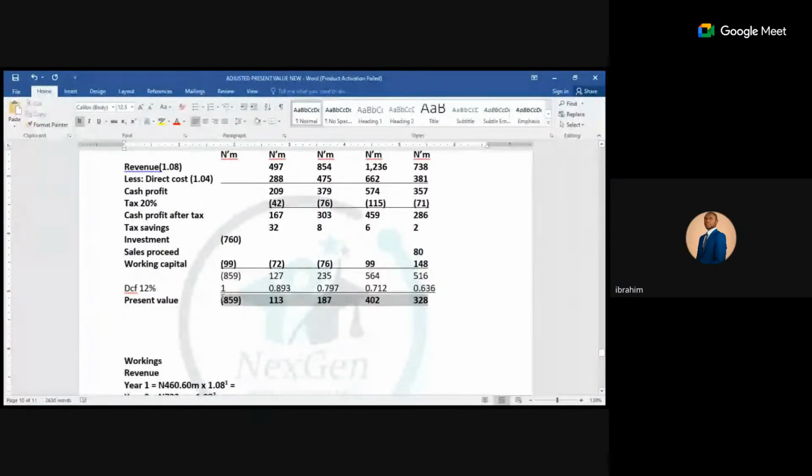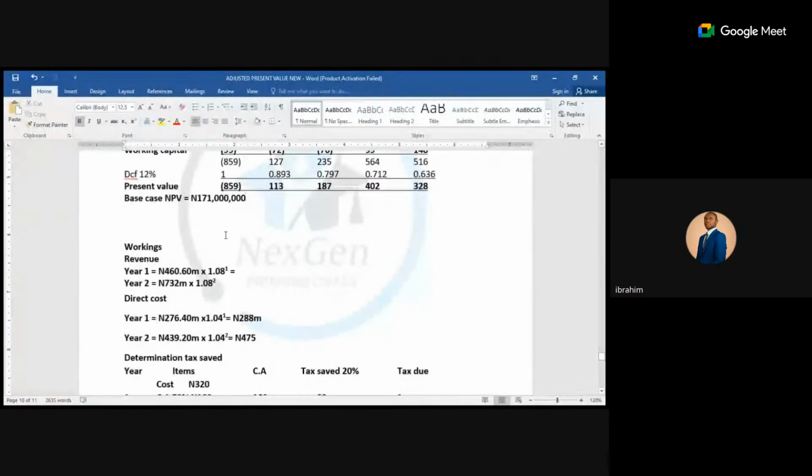Class, what will be the NPV? What will be the base case NPV equal to? 171. 171 is a million, right? 171 million. That will be the base case NPV. The base case is positive. Class, so we'll proceed